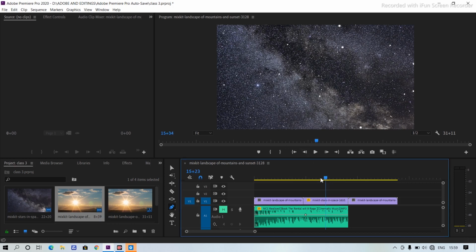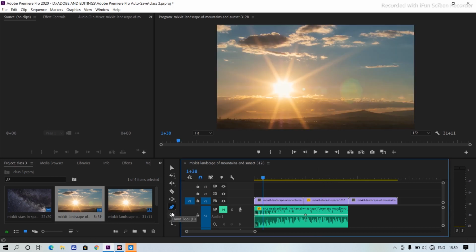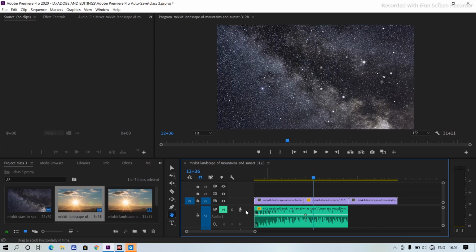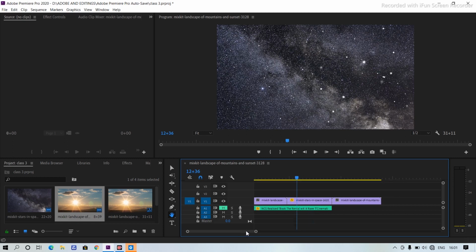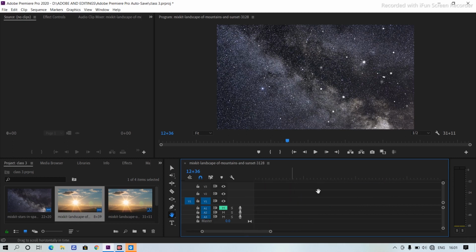Now moving on to the next one, which is the hand tool. The hand tool is useful when you have a lot of things here and you don't want to touch anything. And let me pull it here. And here also you have got the video files or the files to edit.